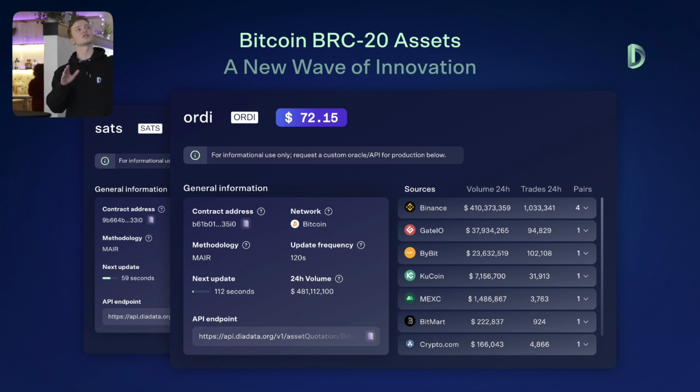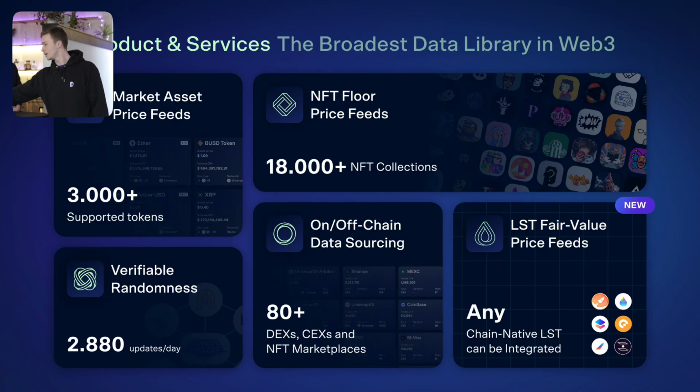As you can see here, we're demonstrating the sources. And by the way, this is a live screenshot taken from the DIA app. These are the sources that we're supporting for this asset. You can see the volume here. You can see in the background we're supporting sats. And more of these assets, as they become more liquid, as they get more centralized exchange support and DEX support, or rather seed more liquidity across DEXs, we will be able to support more of them. And so we're really excited about this opportunity. And so that's that on the token side.